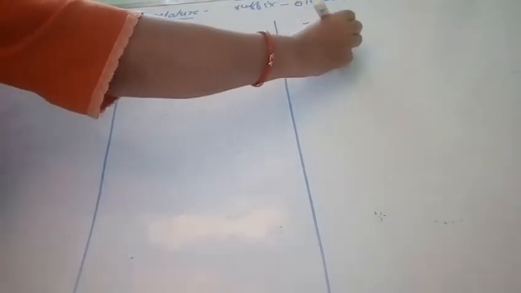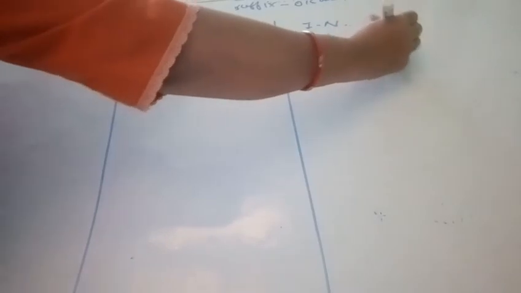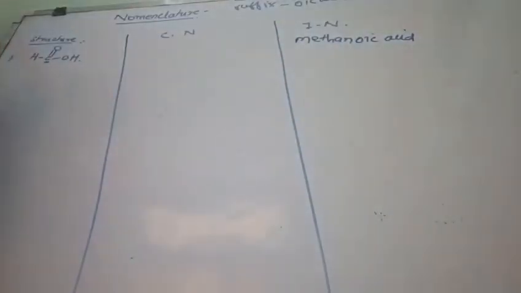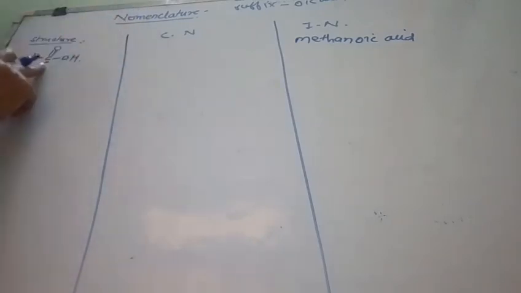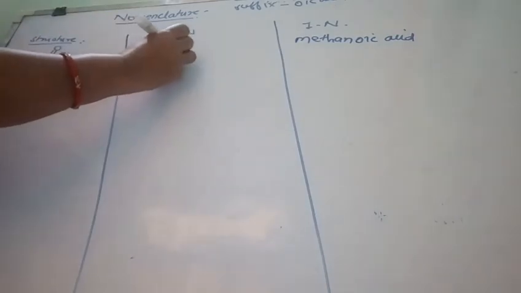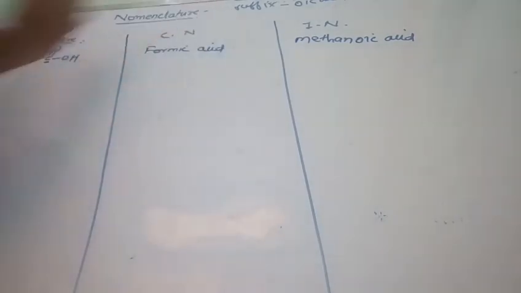So here number of carbon is 1. Therefore, one carbon containing compounds are known as meth. So this is methane because all single bonds are there. Here only one carbon is there. So methanoic acid is its IUPAC name. And students, the common name is derived from the source from which they are derived. So since methanoic acid is present in red ants, and in Latin, formica means ant. So since it is derived from ant, it is known as formic acid. Its common name is formic acid.